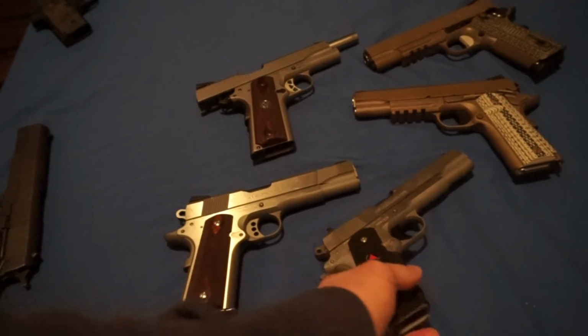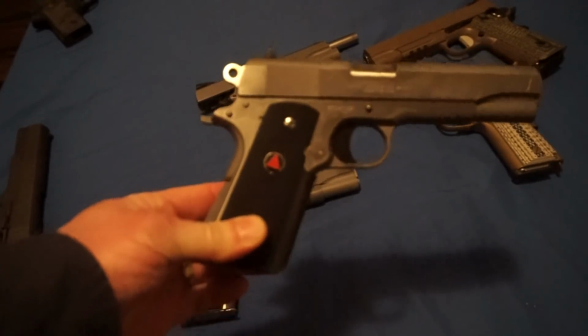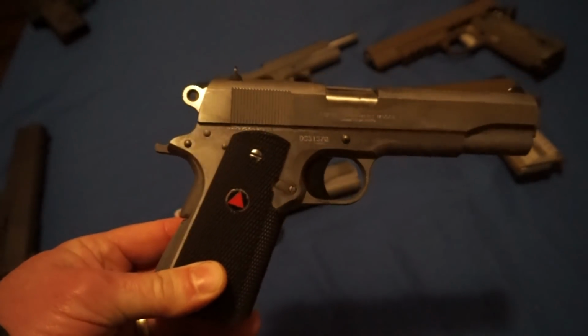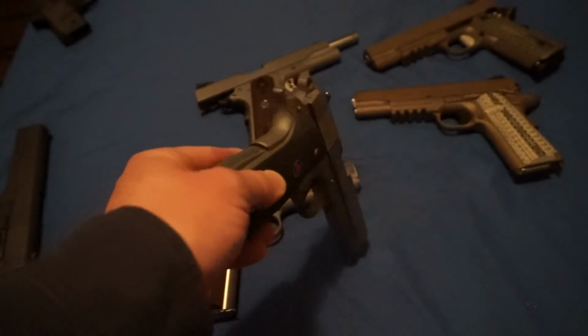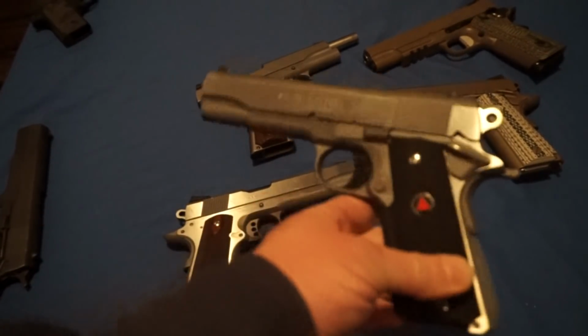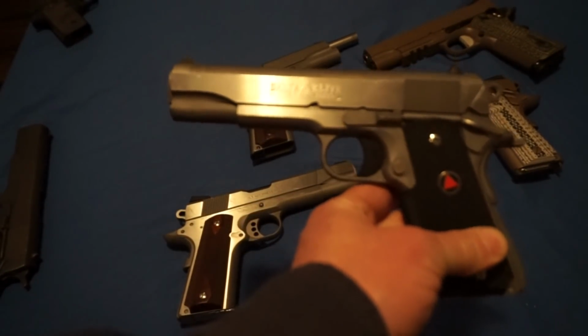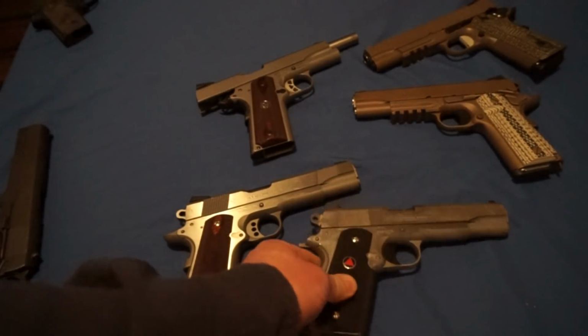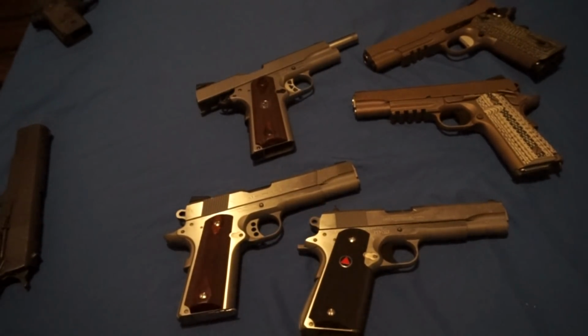Now, my Colt Delta Elite 10mm, I got this to basically be my backup gun for deer hunting, and if I ever go hog hunting, I'd want this as a pistol. I mean, this packs quite a wallop. Now, there are some budget 10mm out there. I know RIA makes one. I definitely wouldn't consider that. I wouldn't consider RIA, period, actually. And Ruger has now come out with a 10mm, but